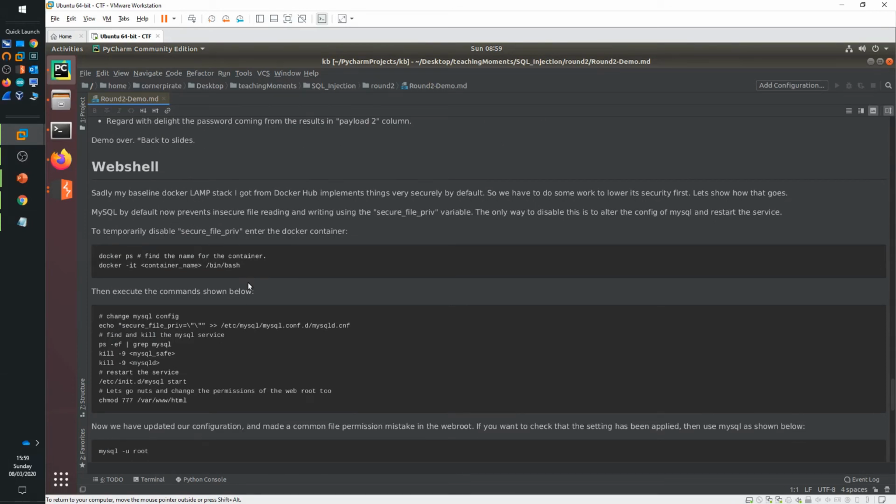MySQL by default now prevents insecure file reading and writing using the secure_file_priv variable. The only way to disable this is to alter the config of MySQL and restart the service. Obviously, in a production environment, you don't have that kind of control, and that's why it's actually a very good little security measure. Because I'm giving you these targets as Docker, we can use a bit of Docker magic to